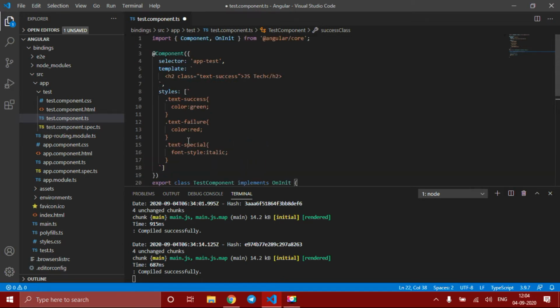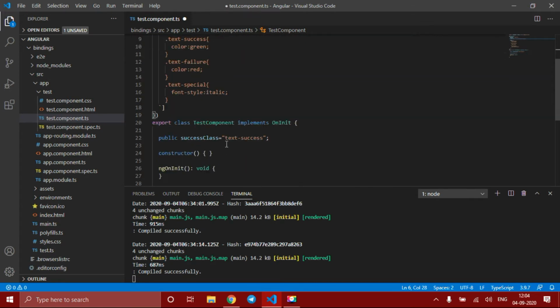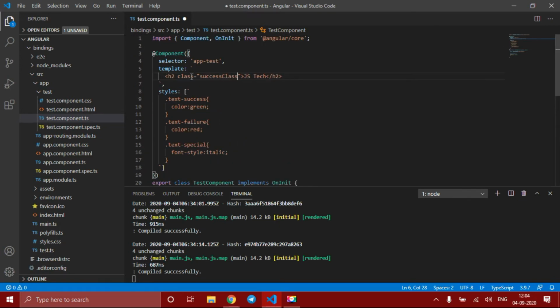We have created a property. Now remove this and place the property here. But this won't work. Even if we write it like this, it will consider the class as success class, but there is no class with the name success class.